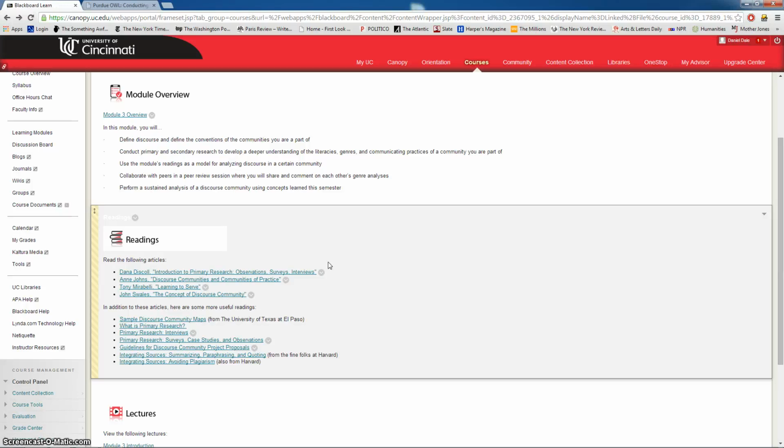For the discourse analysis paper, the majority of your secondary sources will be sources created by the community you're analyzing. So for example, if you're looking at a UC club, and the club has a Facebook page, look at that, their Twitter, if they have that, a blog. If you're in the group, take a look at the emails that circulate between members of the group. Take a look at any sort of brochure, pamphlet, newsletter.